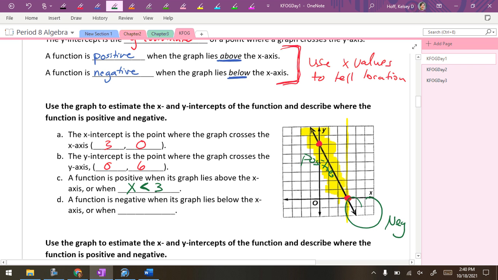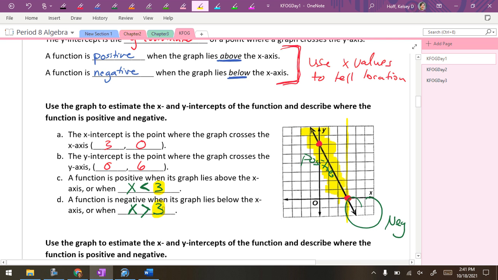The function is negative when its graph lies below the x-axis or when x is greater than 3. So you're giving me the x value of where this changes. Where does it go from positive to negative? Now, this number should always be your x-intercept. A function will not swap from positive to negative unless an x-intercept occurs. Follow me on that? So if you tell me the x-intercept was at 4, 0, you better have 4s here,